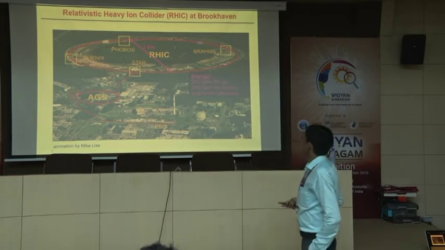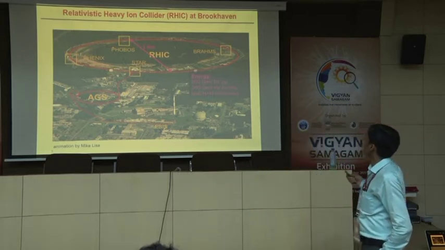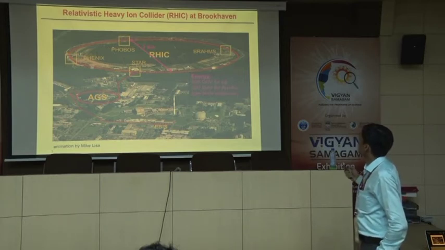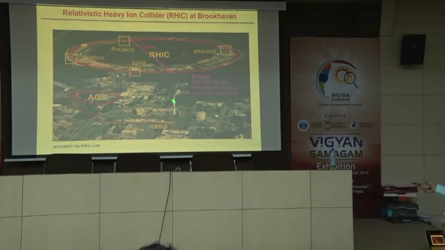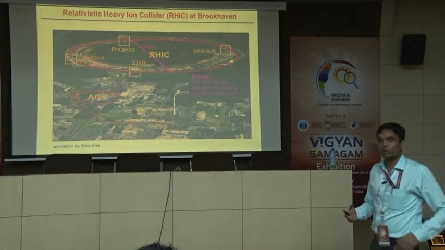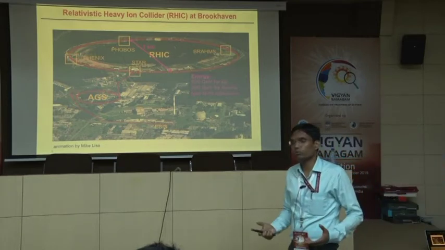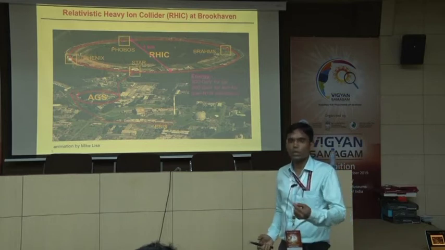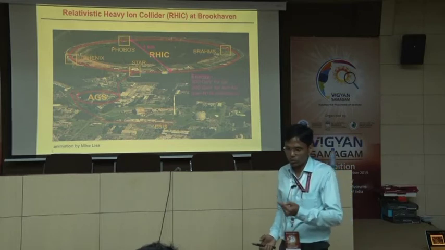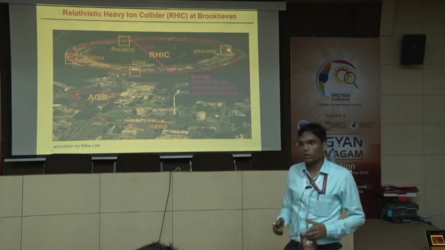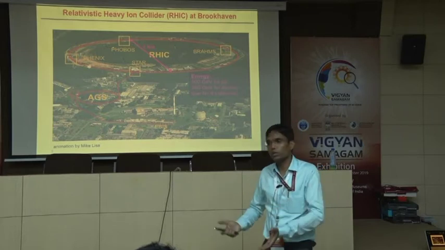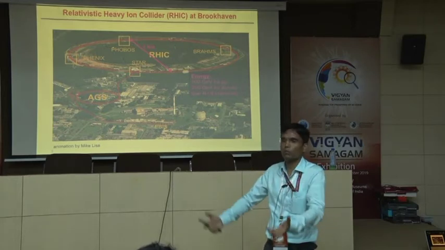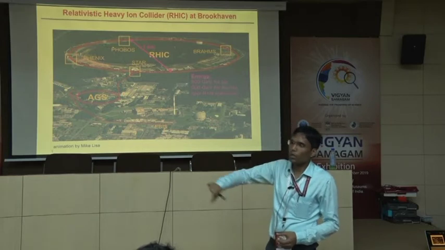Okay. So, here there is a facility called Relativistic Heavy Ion Collider, RHIC. This is at Brookhaven National Lab, USA, America. So, here you have some ion source, you create the ion. How can you create the ion? Because what is available to you is the matter, right. So, you can take a lead plate or a gold plate, a small piece of gold, and what you need is the nucleus of that. So, you heat it, it will vaporize, it will become gas, and then you take some part of the gas,